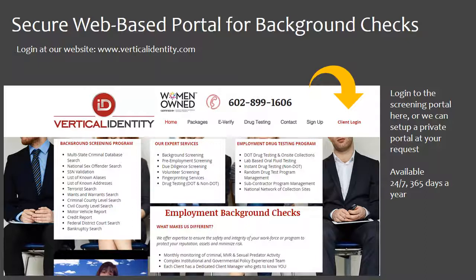for entering background checks. At Vertical Identity, we perform pre-employment screening for employers and government agencies. Although we do have some packages for you to choose from on our website, we prefer to custom build a package to fit your company's unique needs. Our portal is web-based and available 24 hours a day, 7 days a week. You can find us at